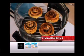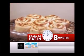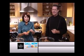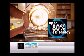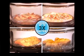And there's more. In the morning, you can make your own delicious bakery-quality cinnamon buns. Now, any chef will tell you that the best way to bake is in a convection oven. The Superwave's convection fan will puff them up bigger than any cinnamon bun that you have ever seen. These are so light and flaky. And the Superwave oven uses 80% less energy than a regular oven. That can save you a lot of money on your utility bill. And yet, it cooks up to 3 times faster than a